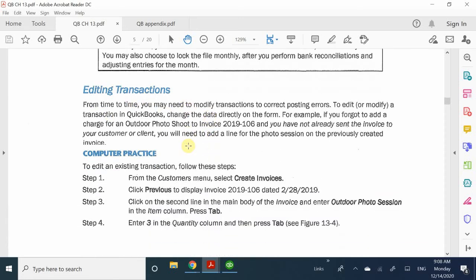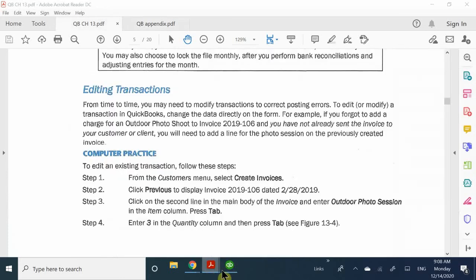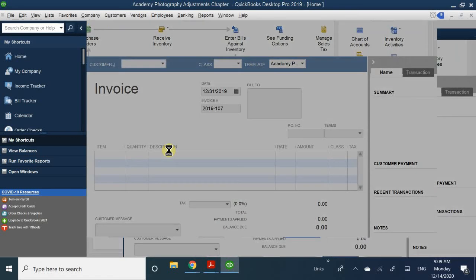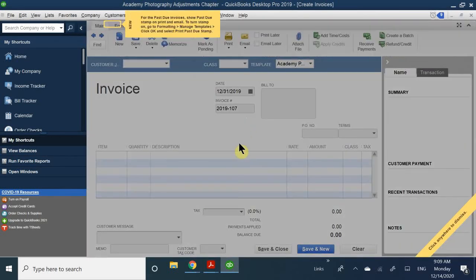All right, so we're going to go to our customer menu and create an invoice. Again, this is assuming that we have not sent out this invoice yet, and it's still in our system. Okay, so instead of going to the customer center, I'm going to go right into the actual